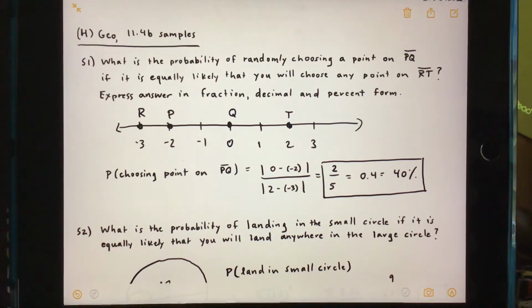Right, geometry people, we're looking at our samples for 11.4b. We'll start with looking at a number line and finding a probability of picking a point on a particular segment based on conditions. So let's see, on sample 1, what is the probability of randomly choosing a point on line